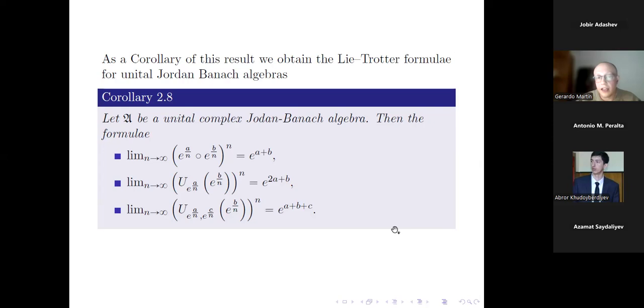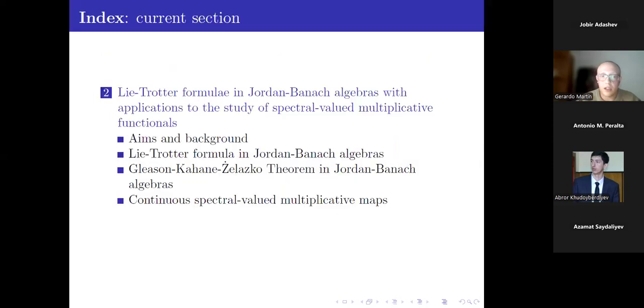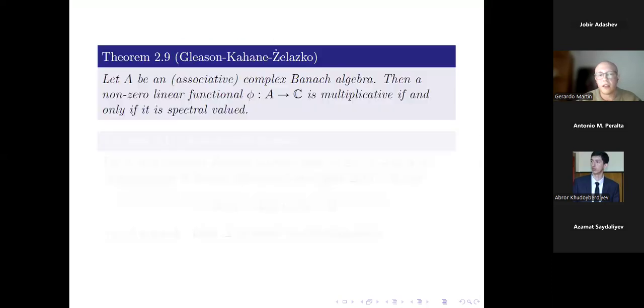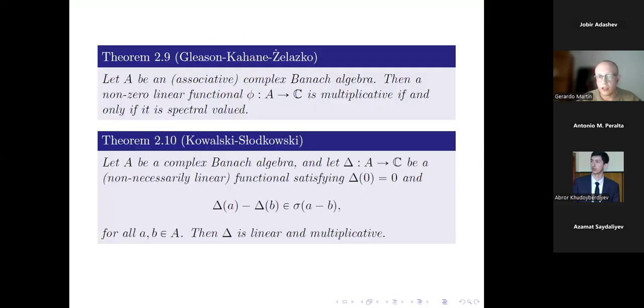Now, in the next part, we will try to focus on the Gleason-Kahane-Żelazko theory in Jordan Banach algebras, because in the results by Mauche, he tried to apply the Gleason-Kahane-Żelazko and the Kowalski-Słodkowski theorem in order to obtain his theorem. So when we start studying this problem, we try to obtain first a Jordan version of these two results, the Gleason-Kahane-Żelazko that I stated before, and the Kowalski-Słodkowski theorem that says when we have a complex Banach algebra and we have a map